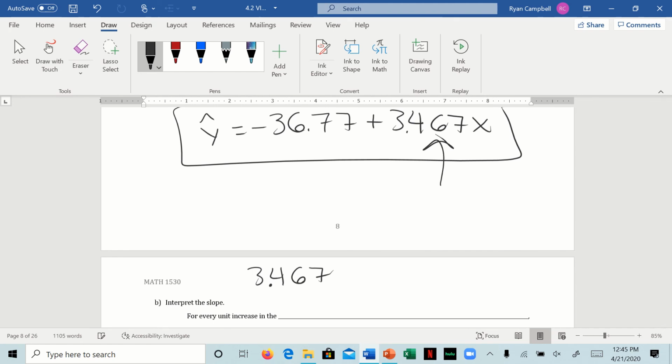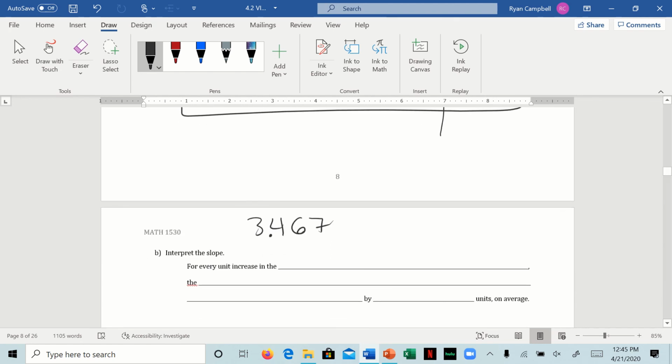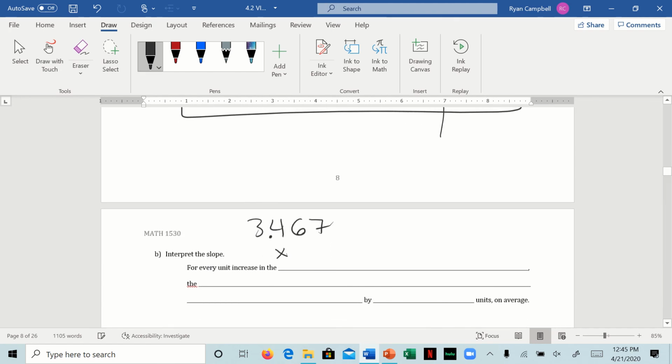It's the thing next to the x. So for every value that x increases, we said x was enrollment. So when we increase in enrollment, then the y value, which we said was the number of burglaries,